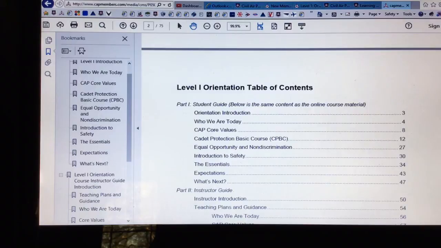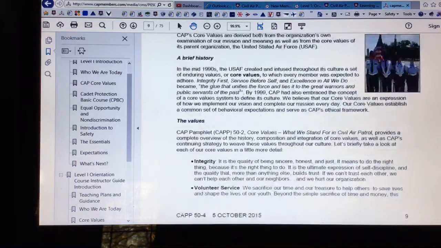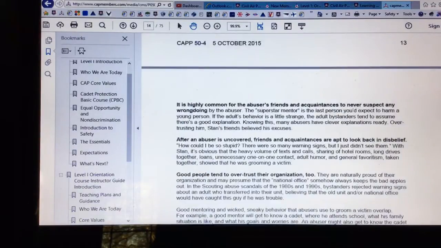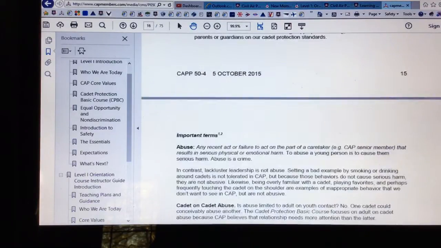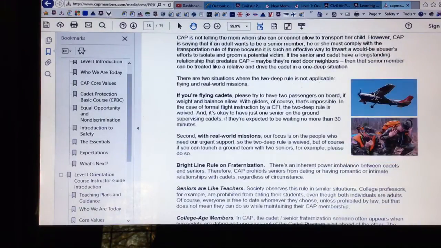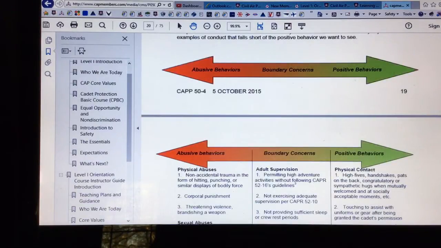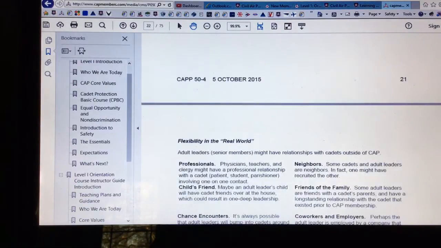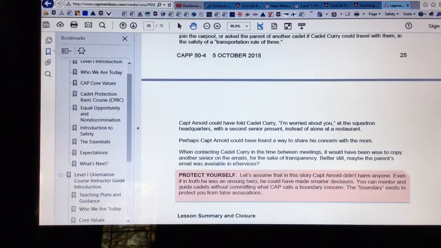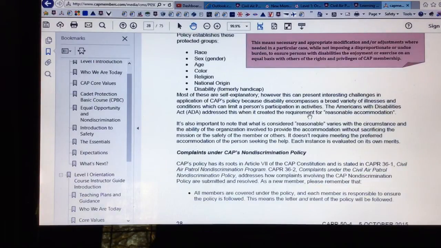So in short, if I just go down the line here, it's not that long, not that much information that you're going to have to read and comprehend. The tests are open book. So if you get to the test and you don't remember what the answer is, you can go back to this PDF,